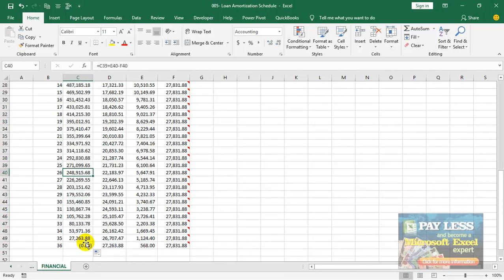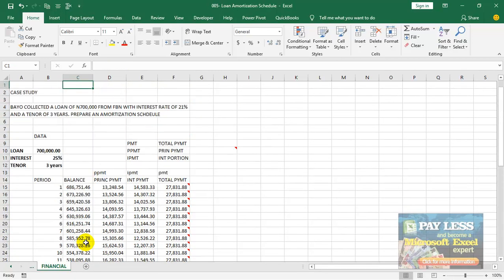So this is how to use the three financial functions to calculate a loan amortization schedule. We have come to the end of this video on finance functions. On our next